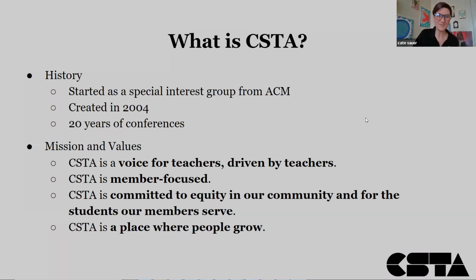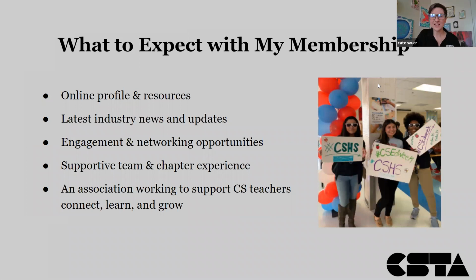Okay, awesome. So moving on, this is a presentation that's welcome to anyone at any stage of their membership. I just wanted to go through what to expect with CSTA and the opportunities to take advantage of that membership a little bit further.